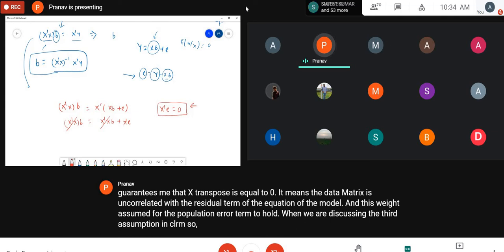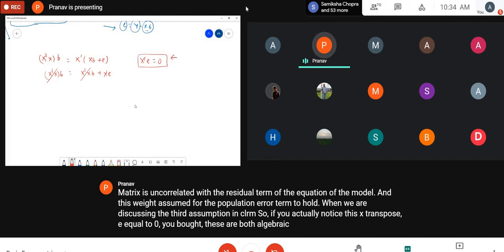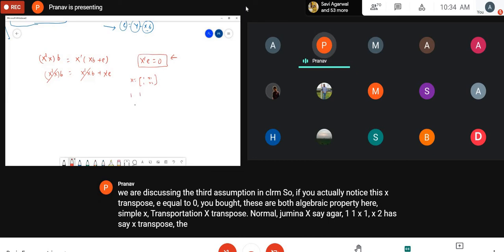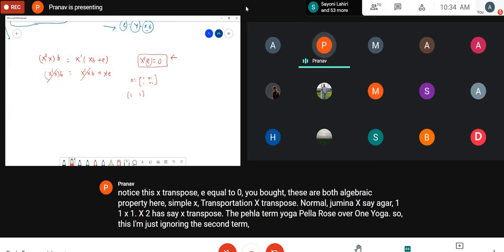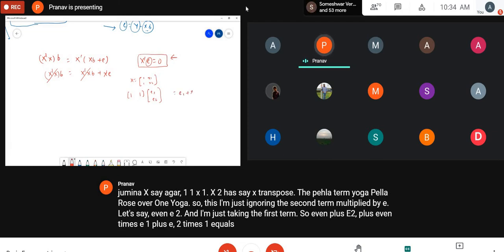So if you actually notice this x transpose e equal to 0, it is a very algebraic property. If I take simple x transpose, where x has columns 1, 1, x1, x2, the first row of x transpose will be 1 1. I'm just ignoring the second term, multiplied by e. Let's say e1 e2. I'm just taking the first term. So 1 times e1 plus 1 times e2 equals 0 means